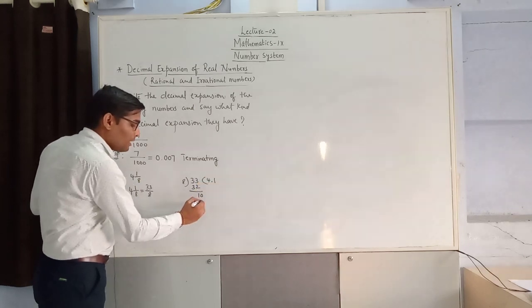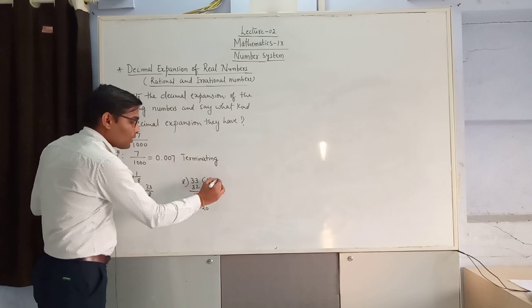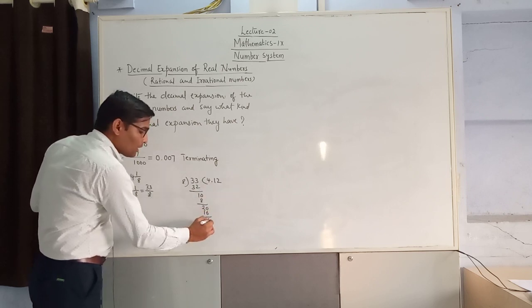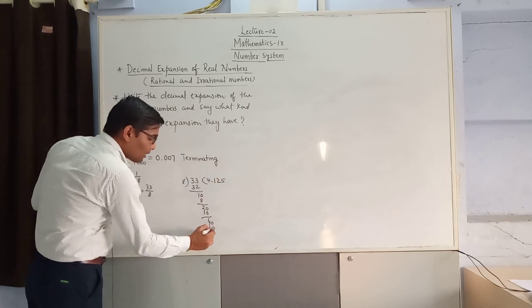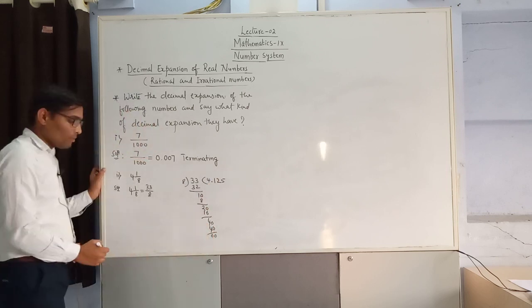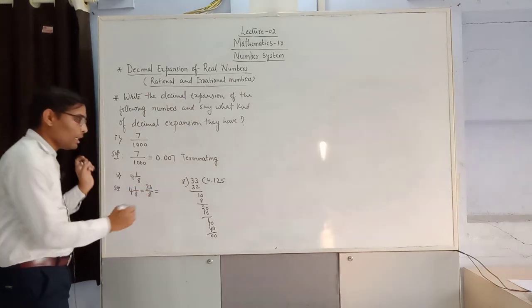Now 8 1s are 8, the remainder is 2, then put a 0. 8 2s are 16, the remainder is 4, then 0. 8 5s are 40, the remainder is 0. Now the decimal expansion of 4 integer 1 by 8, that is 33 by 8, is